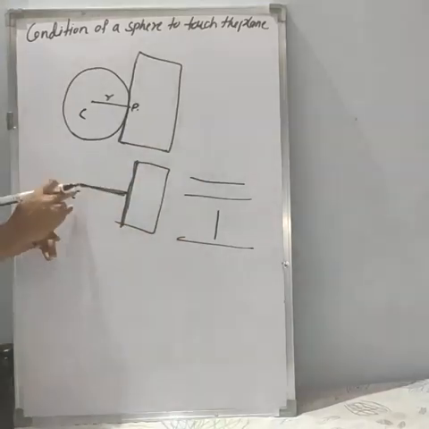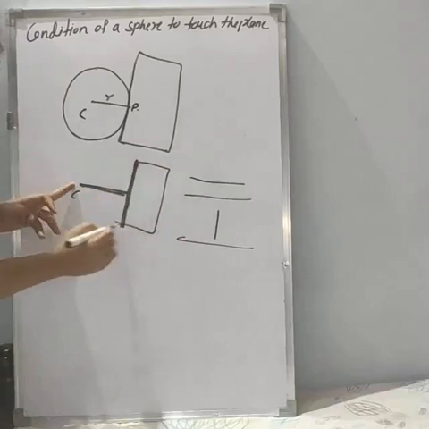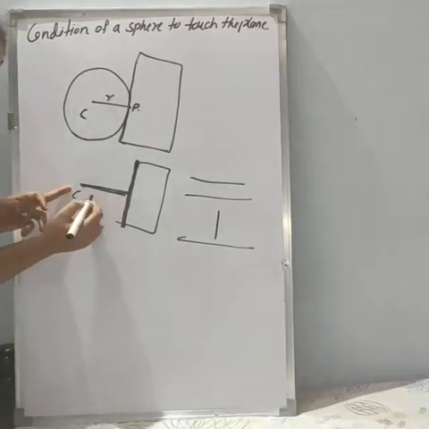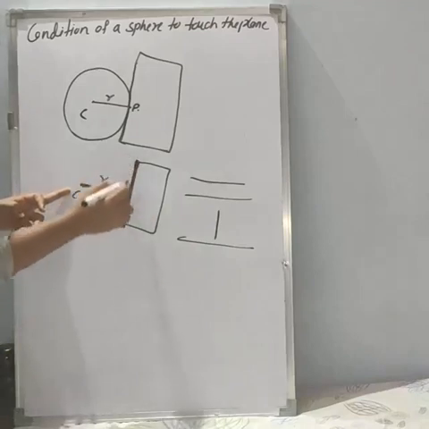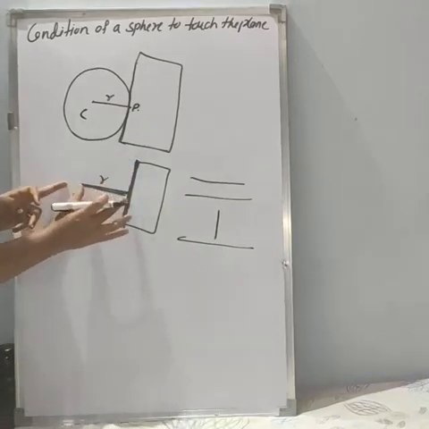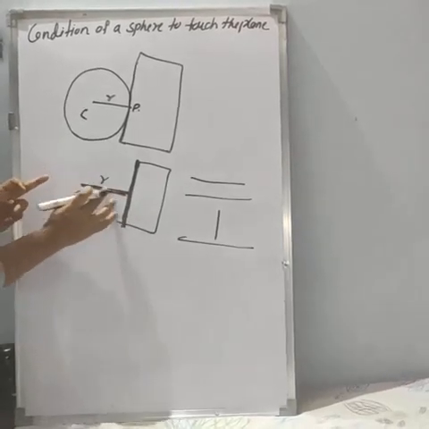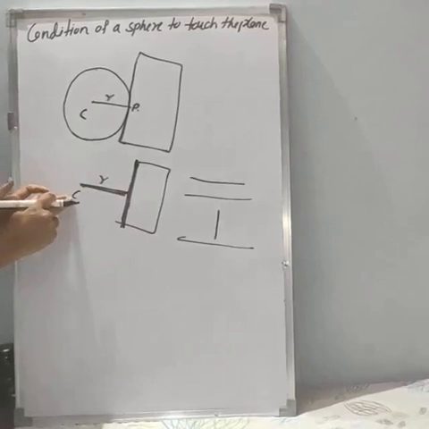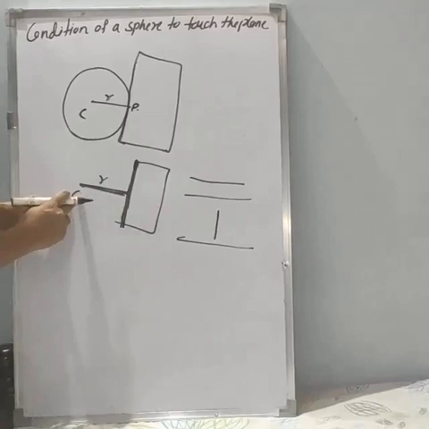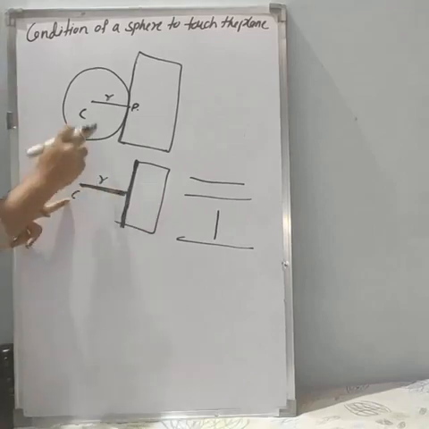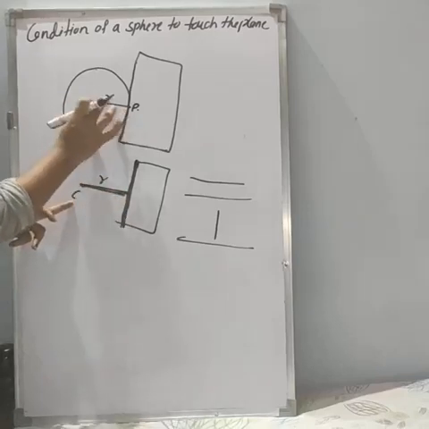Now here we have this line and one more line, and these two lines are perpendicular. But here this line is the radius of the sphere, and this is the plane. So this is the perpendicular distance from the center to the plane, and this perpendicular distance from the center to the plane is here the radius of the sphere, because we already denoted this part as the radius of the sphere.